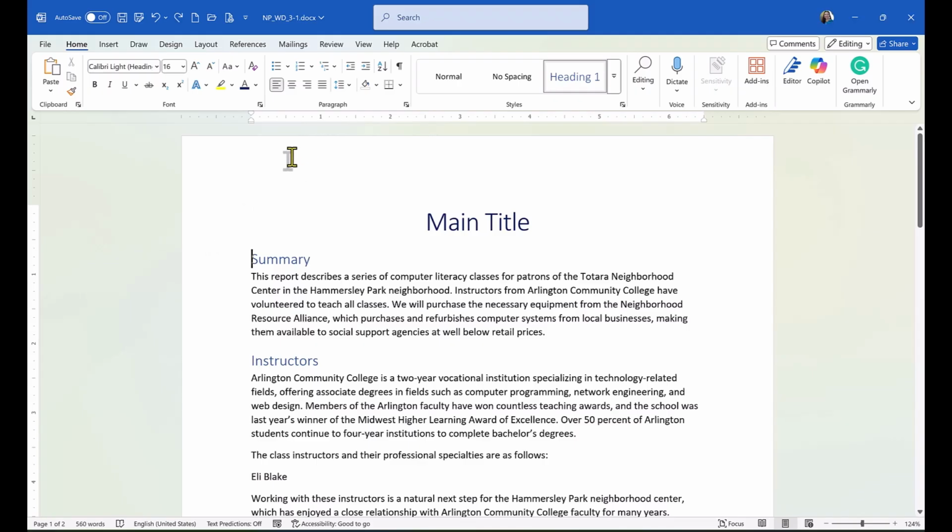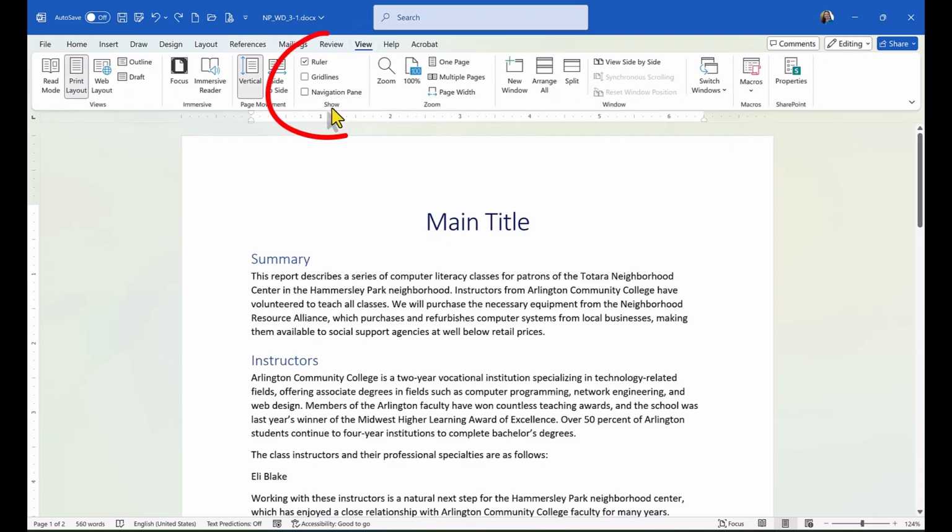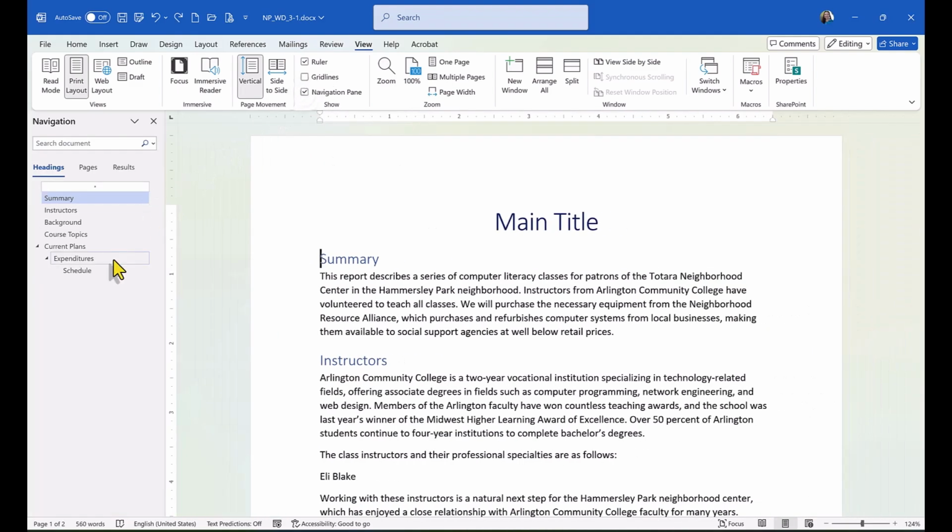So the navigation pane can help you move around in a long report so that you can easily and quickly locate and go to specific areas of a report. The way to do that is to view the navigation pane. And so if you want to know which tab to use, you were right if you picked out the View tab. So up here, I'm going to click View, and the navigation pane is here in the Show group, along with the ruler and grid lines. So to bring it forward and display it, just click a check mark into it, and the navigation pane appears